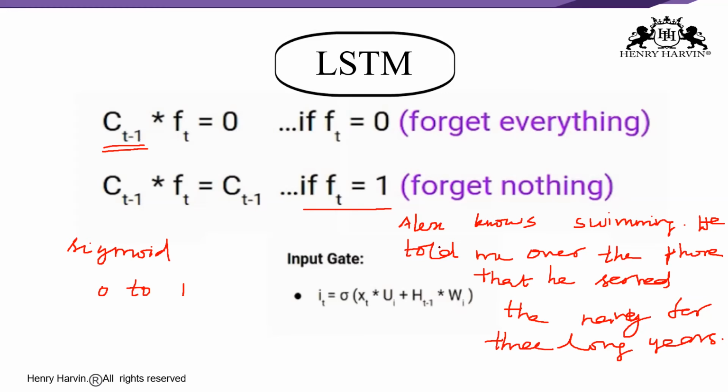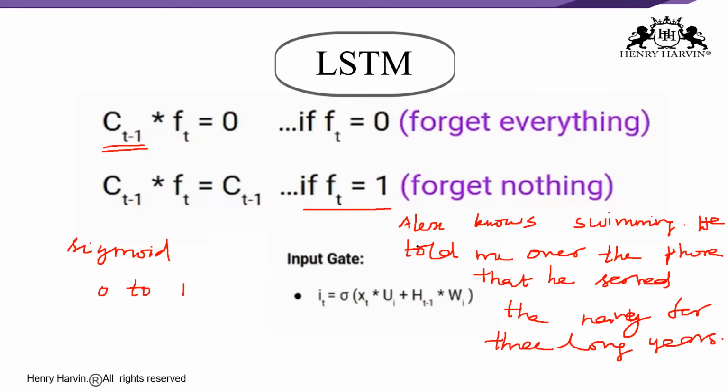So now just think about it. Based upon the context in the given first sentence, which information of the second sentence is critical? So first, he used the phone to tell, or he served in Navy, right? So in this context, it doesn't matter whether he used the phone or any other medium of communication to pass on the information.